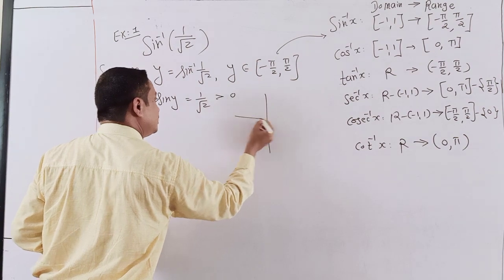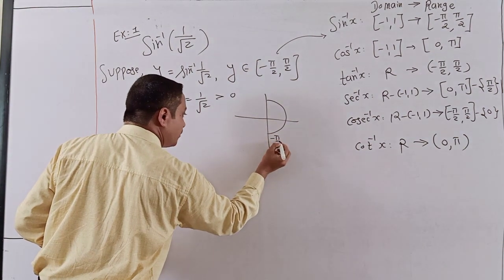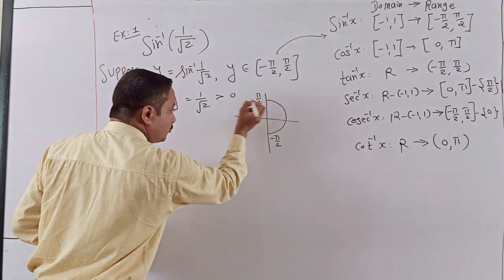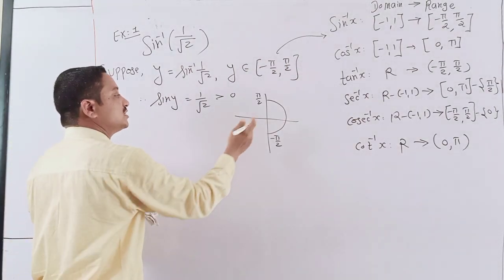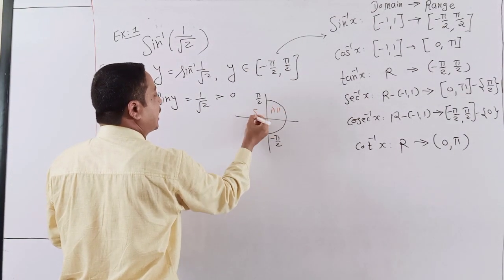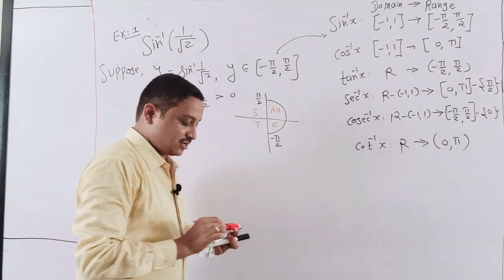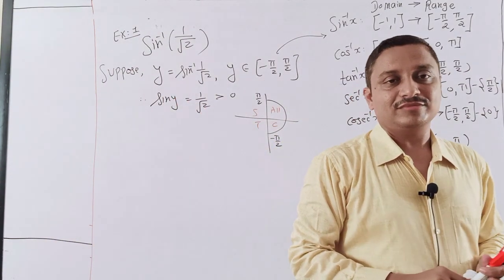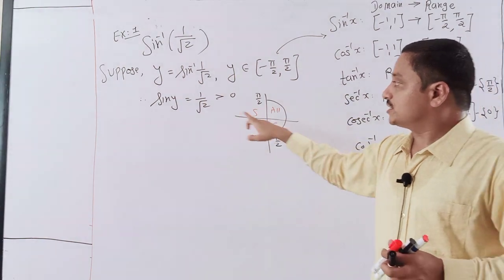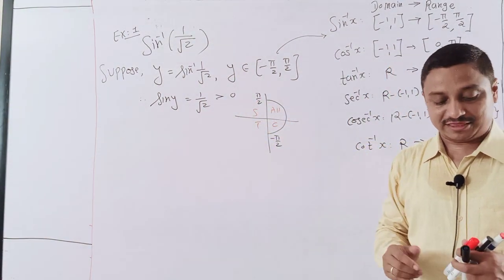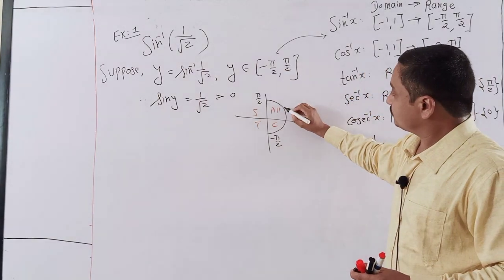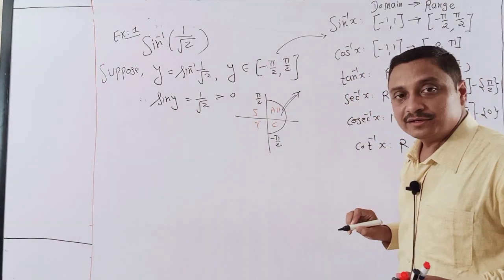And look at this drawing. Minus pi by 2 to pi by 2. Which quadrants are covered? Students, the first and fourth quadrants are covered. All Sin Tan Cos wise, you tell me, in which quadrant is sine positive? Yes, it is the first quadrant. That's why I answer in the first quadrant.